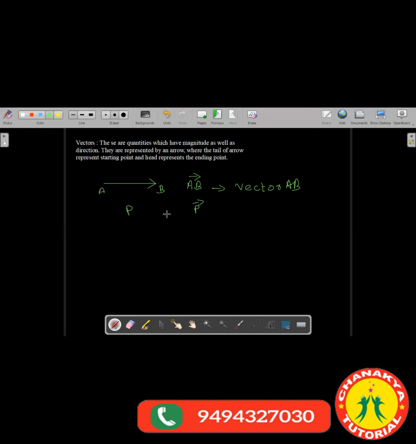So vectors can either be represented with a single letter, or with a two-letter combination. Here the length of the arrow represents its magnitude, and the direction represents the direction of the vector. So for example, if you have two vectors like this,